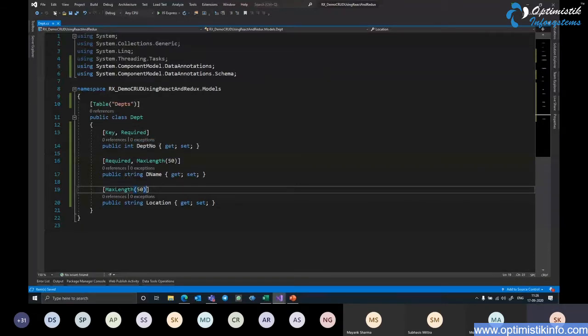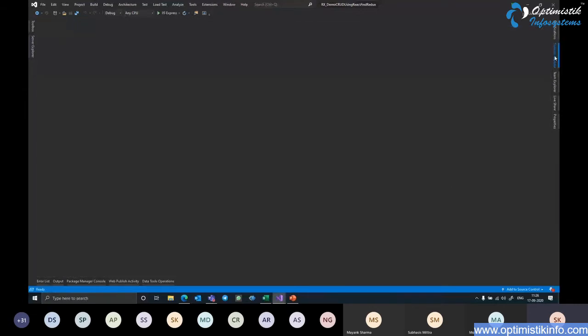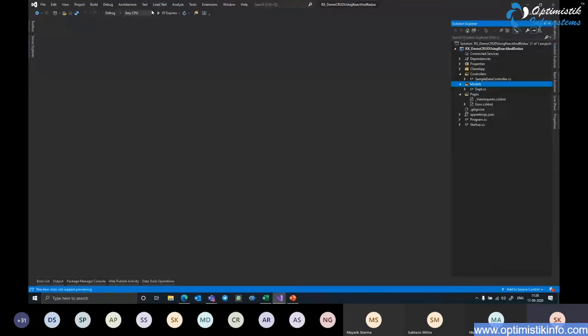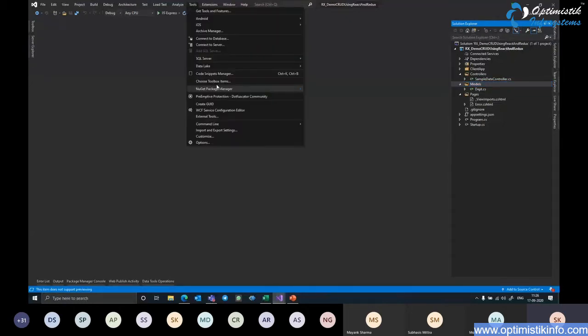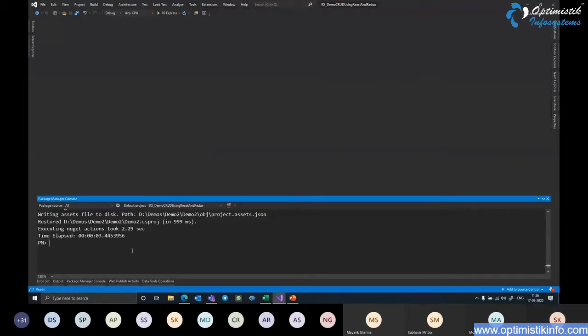So I save this, close this tab, and then the first thing I would require is to install the Entity Framework for this .NET Core application. For that, I go to the Tools menu and select NuGet Package Manager console. Here I clear the screen to get rid of all the basic information coming up, and here I say install package